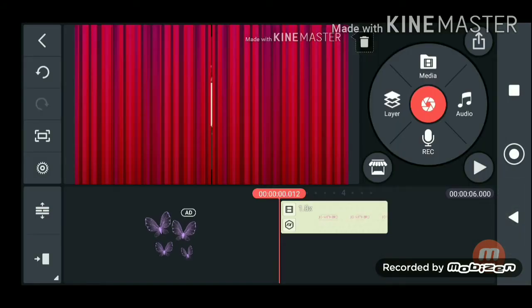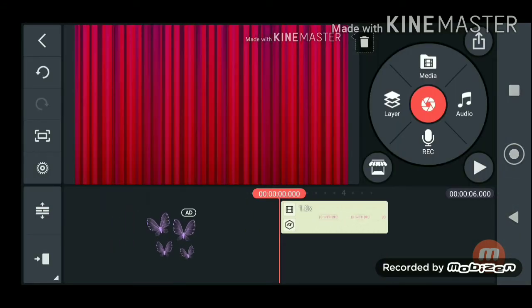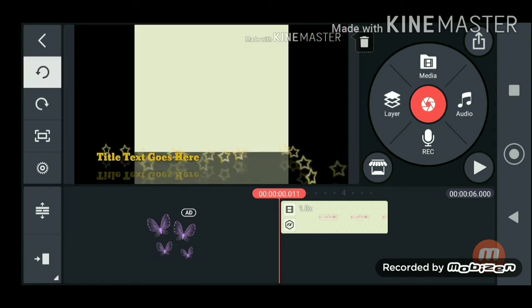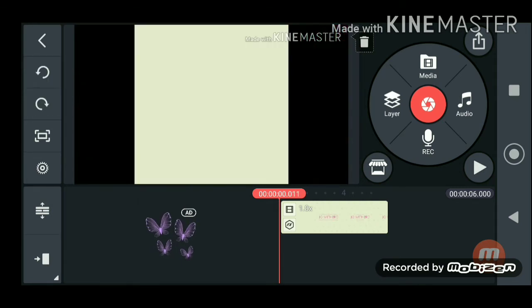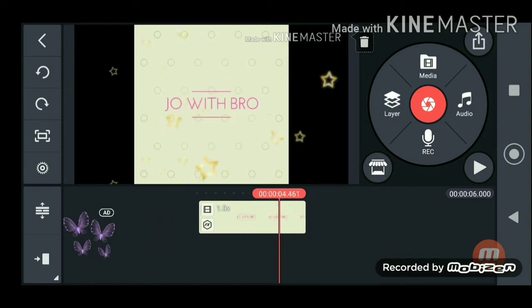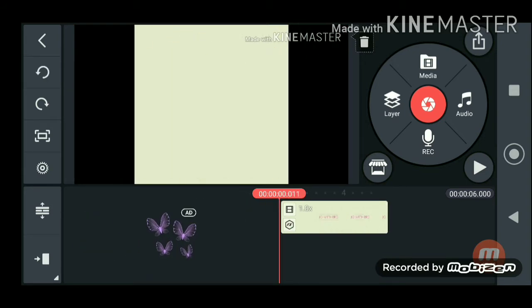I mistakenly added this effect, oh, I don't want it. So you don't need to do everything again. There's an option called reverse, like a circle next to the left hand corner. You click on that, and the effect goes. All the effects which I added and showed you, see, now it's back to normal, and the stars are there. So I click it again.